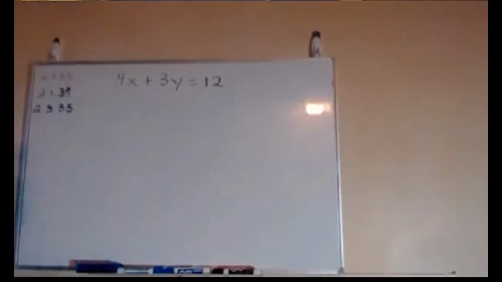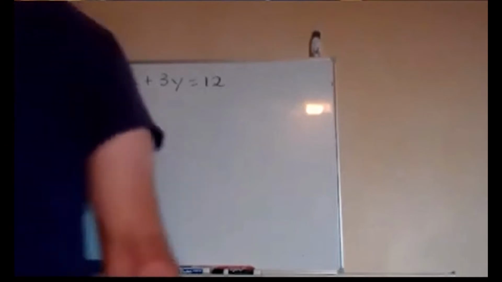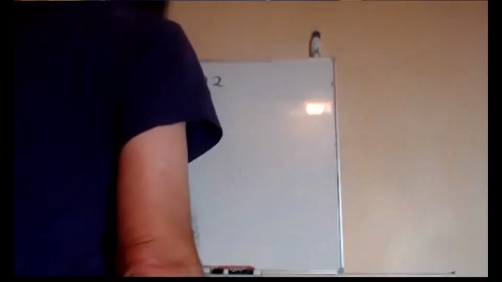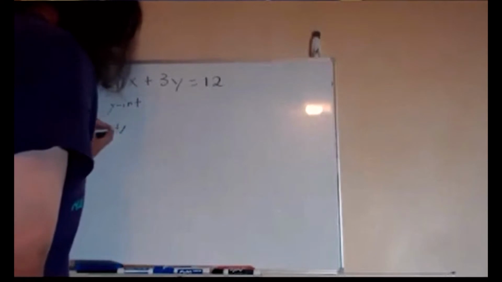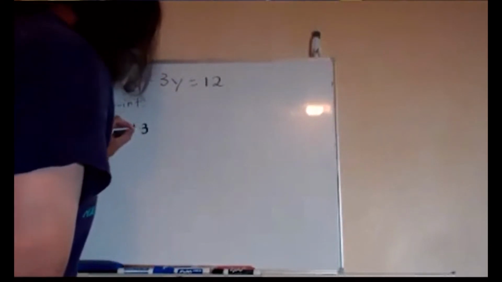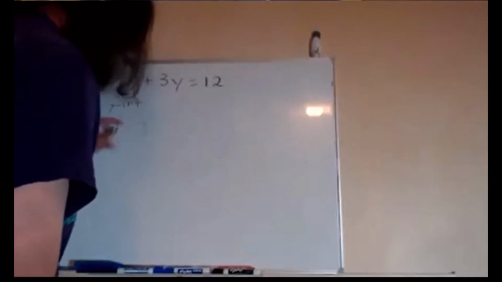We're supposed to use the intercepts to graph the equation 4x plus 3y equals 12. We know that a y-intercept is when x is 0. And I'm just going to abbreviate intercept as INT here. So putting in 0 for x,